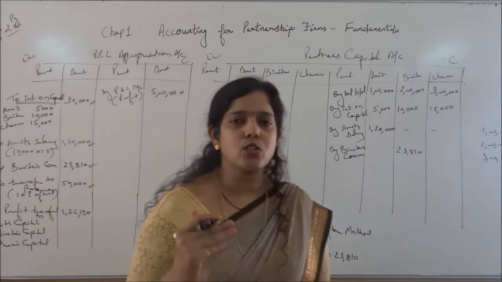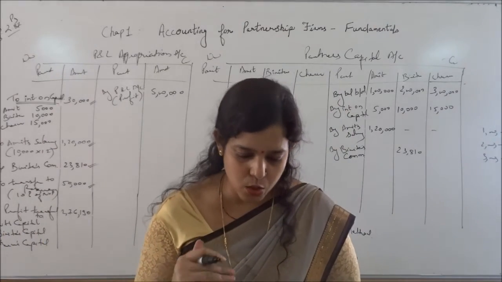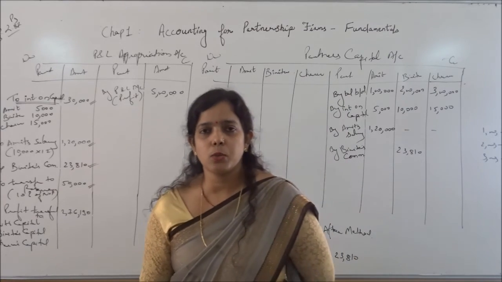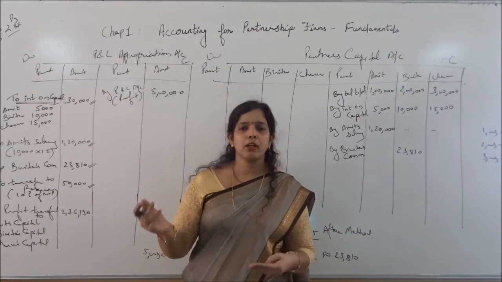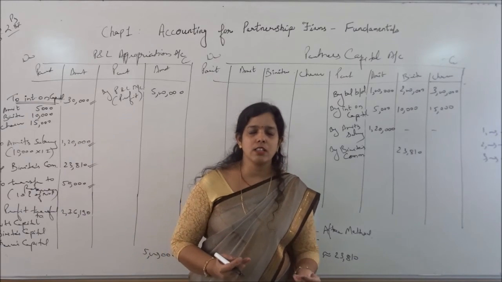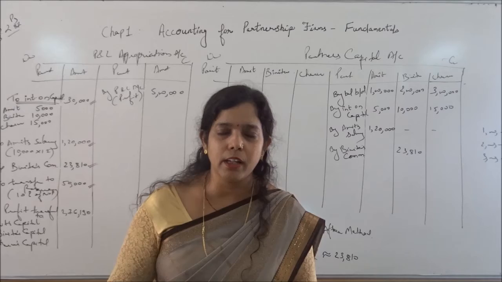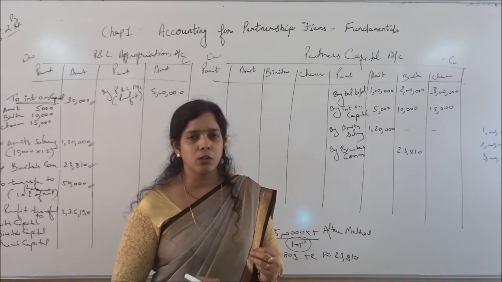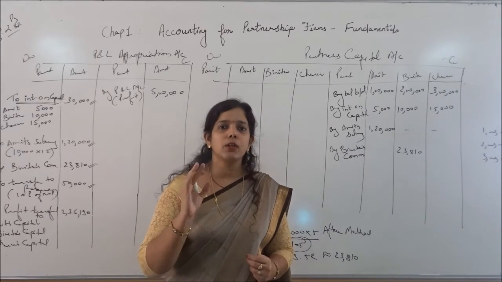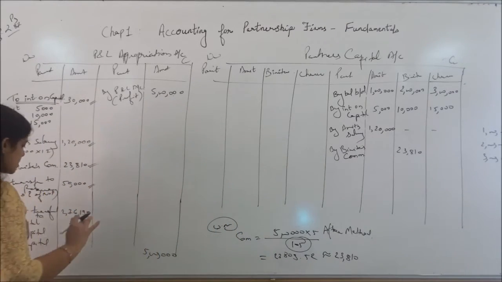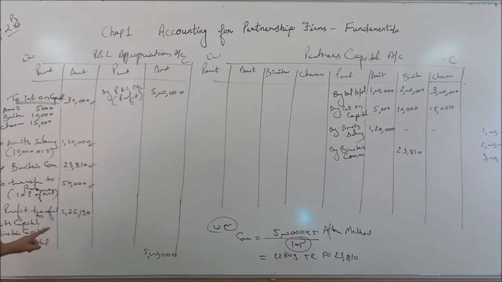Now see the ratio. As we have seen, we distribute in the profit sharing ratio. What is given in the question? Nothing is given regarding the ratio. Neither does the question mention a particular PSR, nor does it say it will be shared in the ratio of capital. Nothing is there. So what did I tell you? That always we have to share equally. All the three partners will get equal. Make this equal. Again a problem will come here: you will divide by 3.